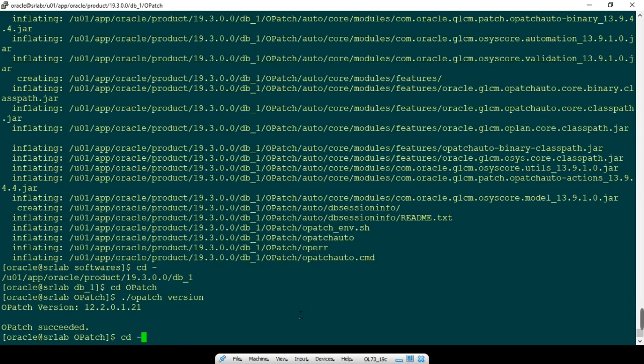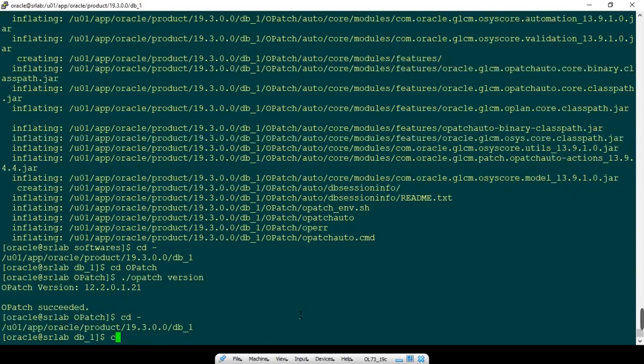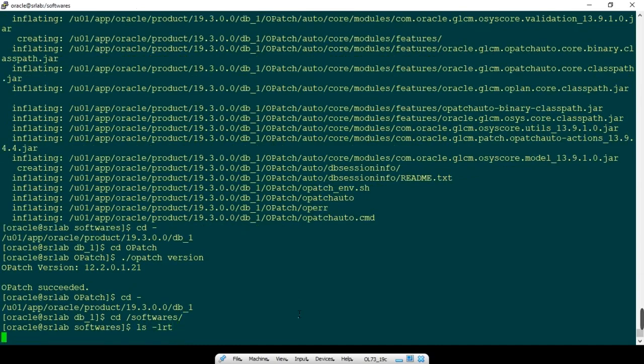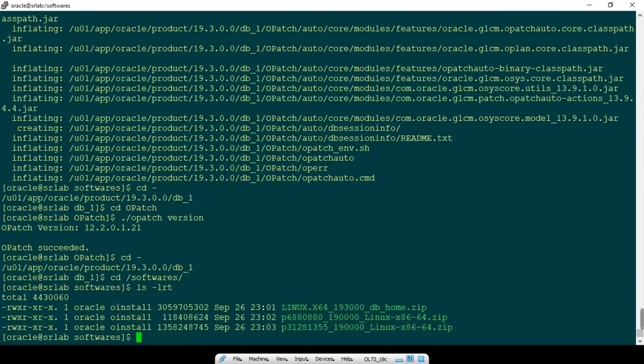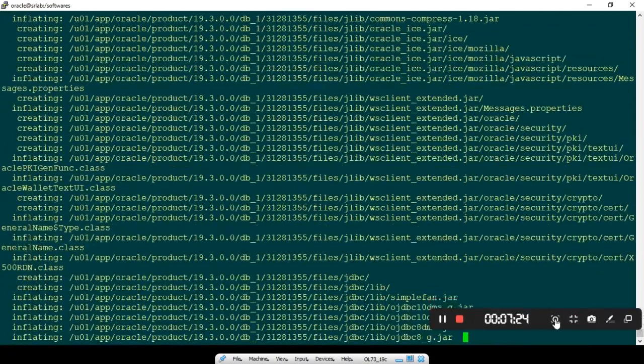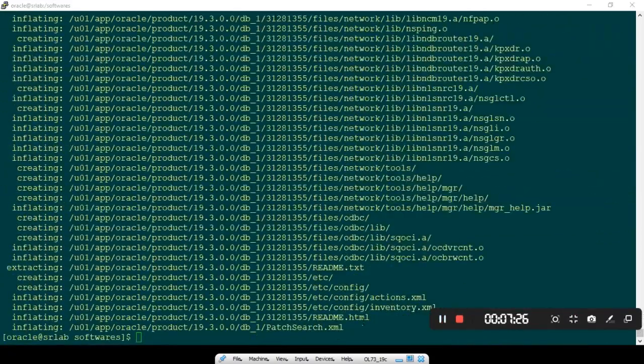Now going to the software location, extracting the July 2020 patch with unzip.